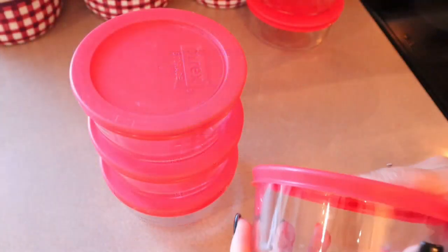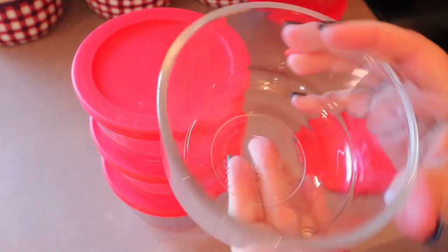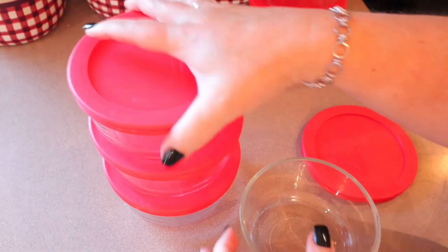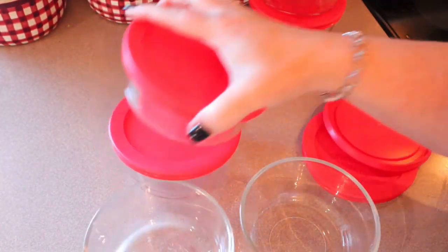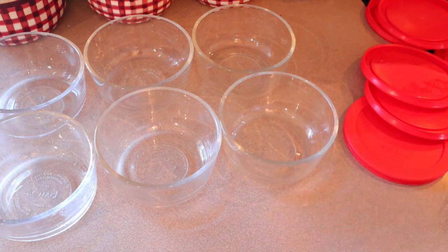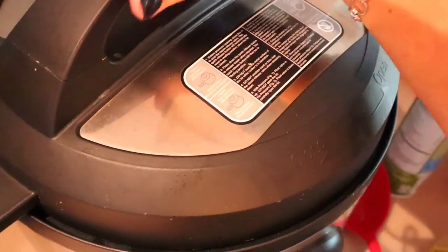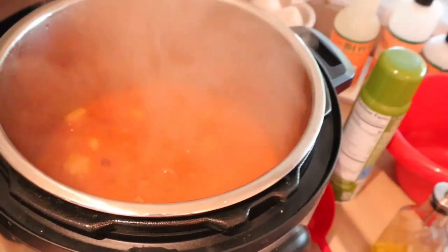All right, so I think for my lunches, for the soup, I'm gonna use these 2-cup Pyrex glass containers. These should definitely be big enough. So I'm gonna get these ready, and in the meantime, I'm gonna check on the soup. It's only been about 6 hours and 20 minutes, but I really feel like that's gonna be done. All right, so I still have 41 minutes left on the 7 hours, but I am going to check on this now because